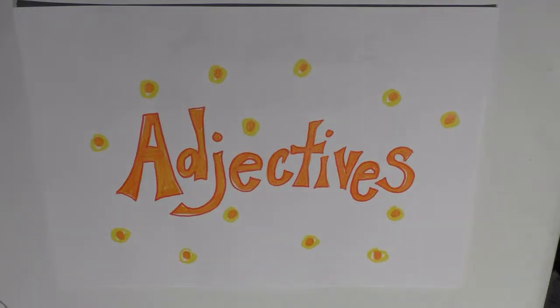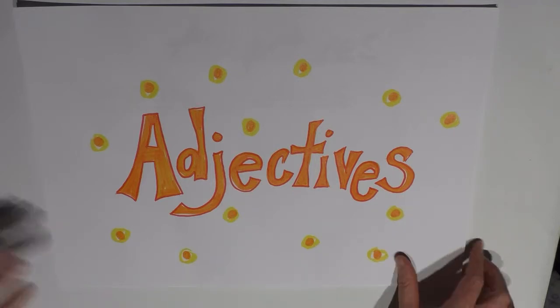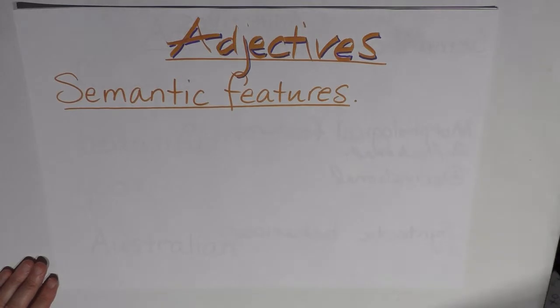This is episode 17, Adjectives. Okay, so we're finally moving away from verbs for the time being and on to adjectives. Once again, we'll look at their semantic features, their morphological features, and their syntactic behaviour to help us define what an adjective is. So let's begin with the semantic feature.